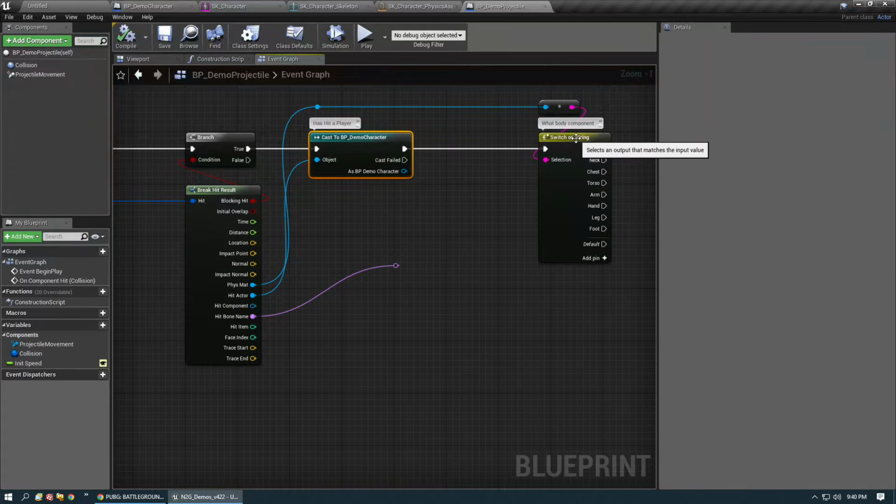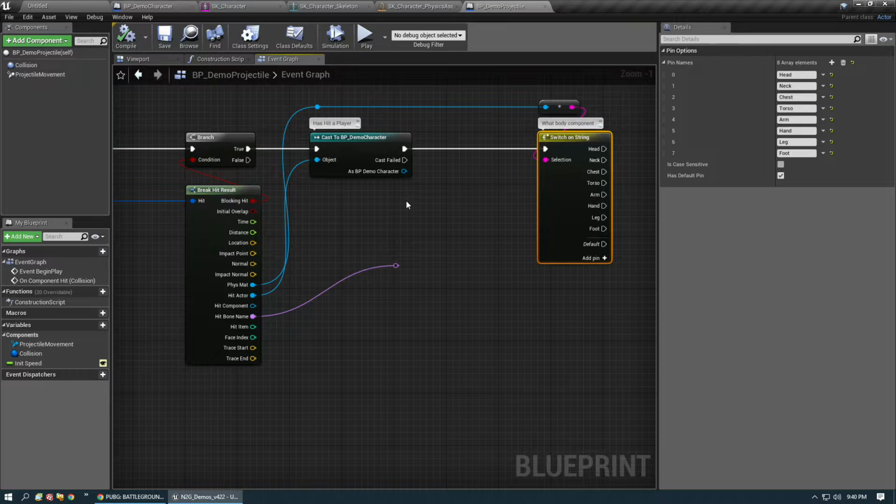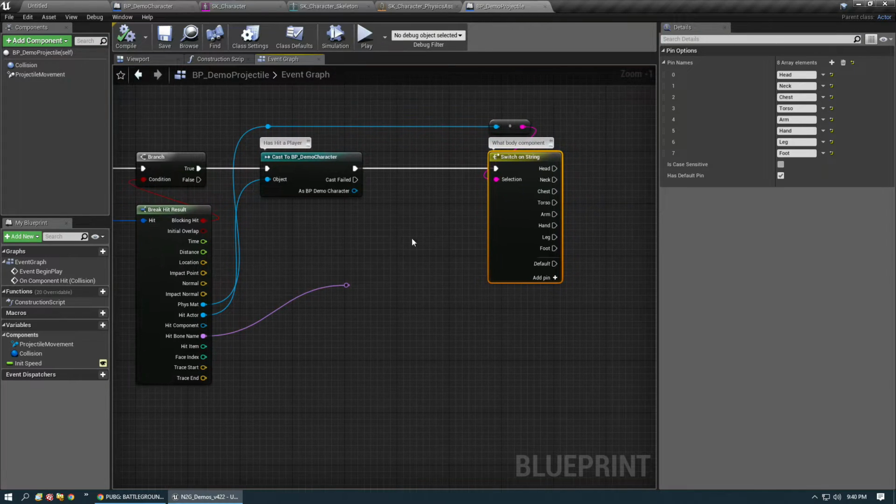So this simplifies looking up bones, and then we can actually put all this in a function and pass this physical material value to a function to calculate damage, such as whether he has armor, and what kind of damage you want to apply to it. So if he has a vest on and you hit him in the chest, then we're going to deduct X amount of damage. But if we want to, we can jump back and use the hit bone to apply some